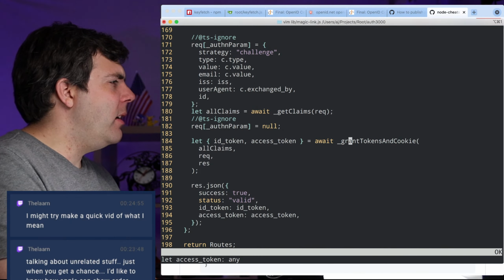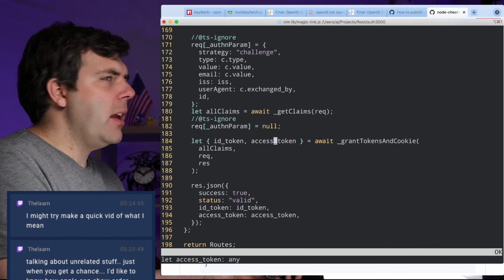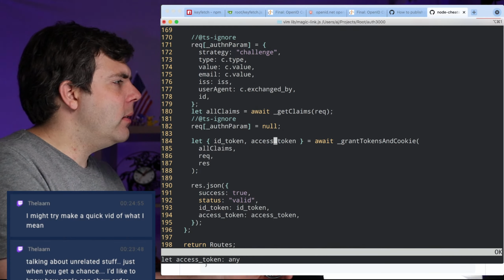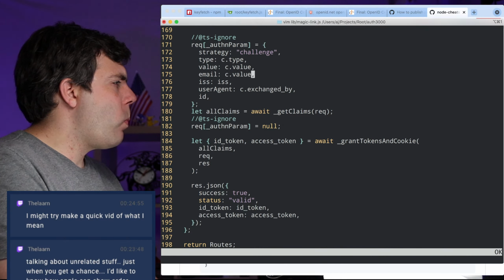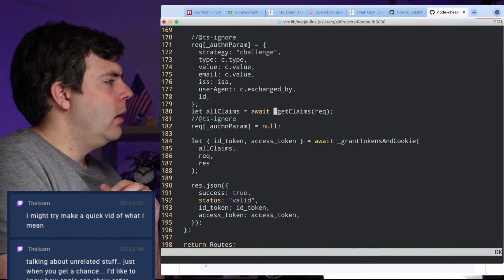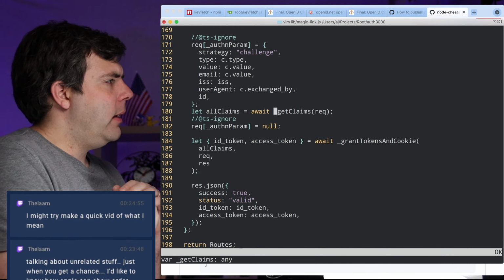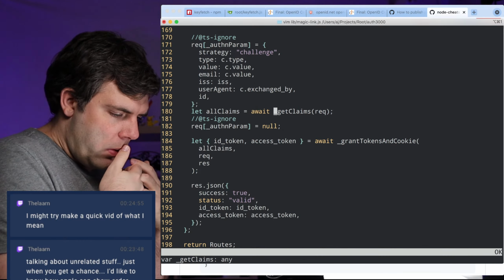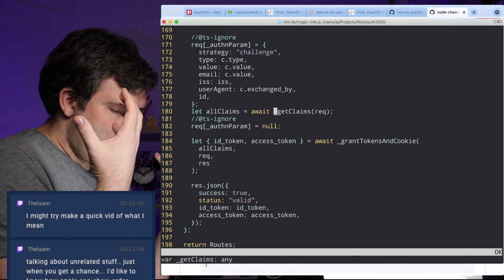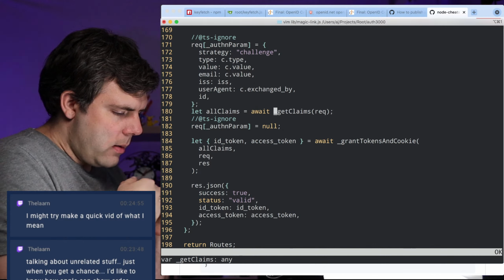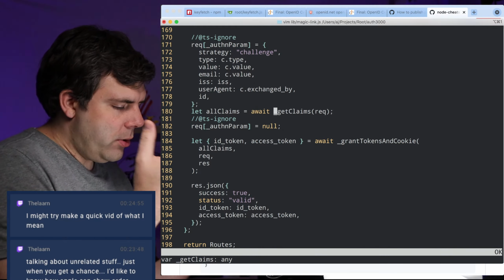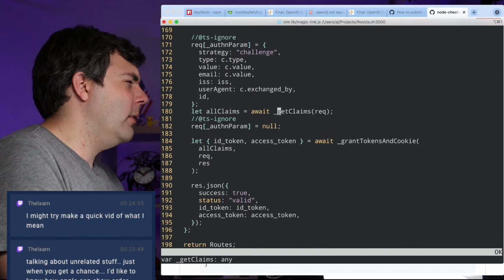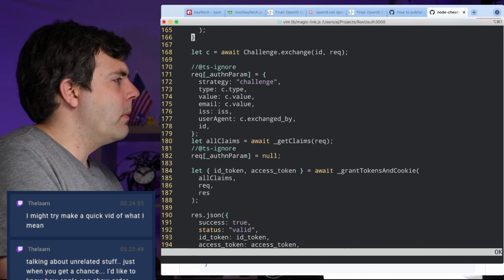And this is another thing where I wanted to destructure this anyway, because I have this get claims and grant tokens and cookie, etc. Again, I prefer, I don't know if I'm going to say this right, I want to say I prefer composition to encapsulation, but I don't know if that's quite the right terminology.